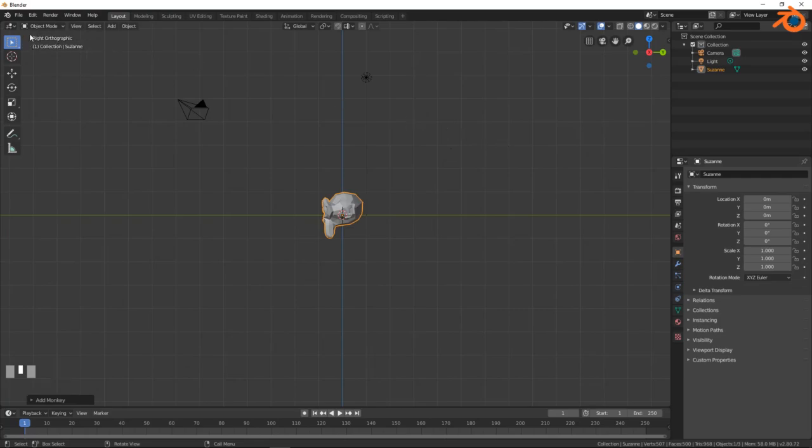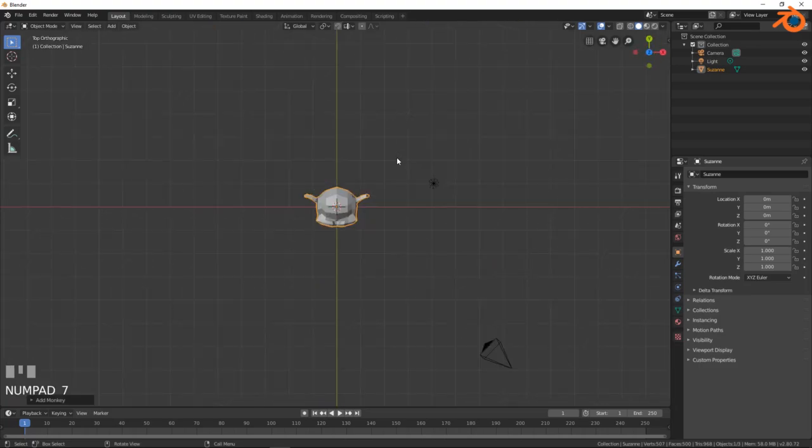And everything is written here as you change an option, like for example here I'm in right orthographic. If I want to go into perspective, here you can see the right perspective, okay? So I continue and I go on the top view with numpad 7, okay? But let's say I would like to see behind my Suzanne and not in the front view, but on the